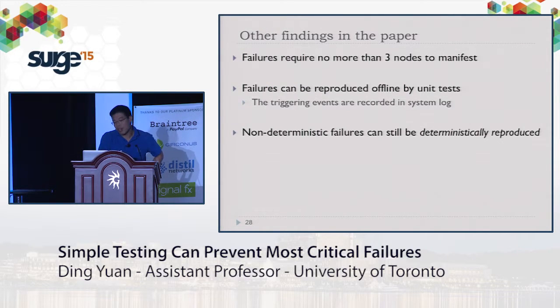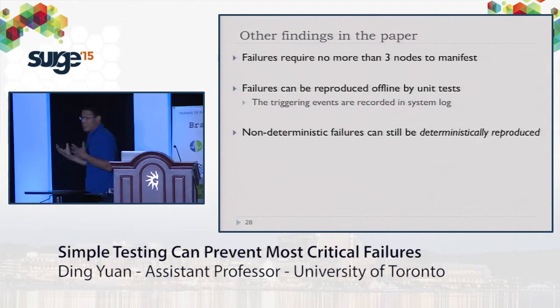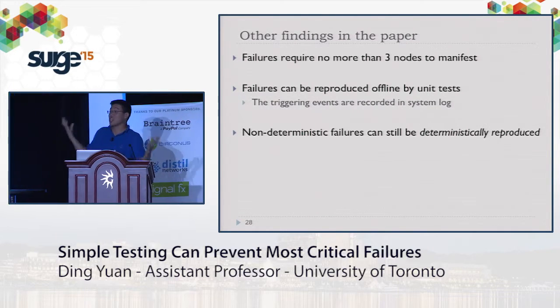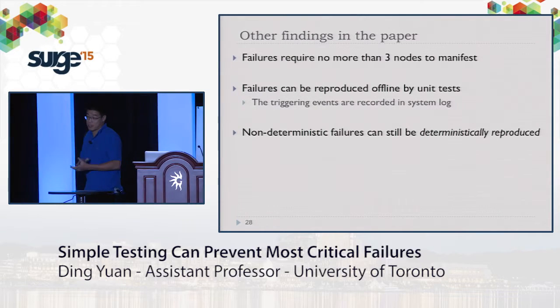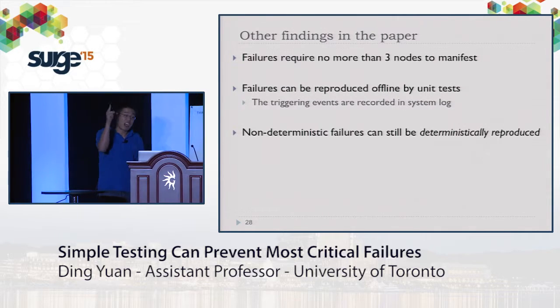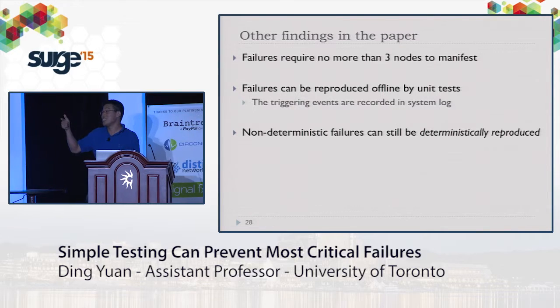And in the paper, we talk about some other findings, and if you're interested, you can take a look. For example, we also found that although these failures typically occur on a large cluster, to replicate them, usually you don't need more than 3 nodes. Now, I'm not saying that it's useless to have a large cluster for testing, because in the end, testing is just a probability game. The larger the cluster you have, the more chances you have to hit those failures. But if you have more guided testing, such as testing explicitly for every error handling block, you might not need such a large cluster.